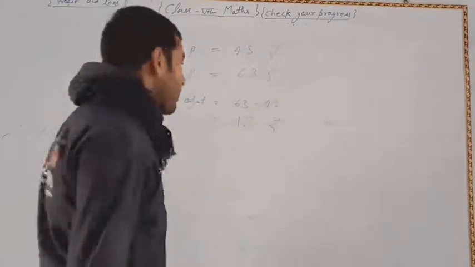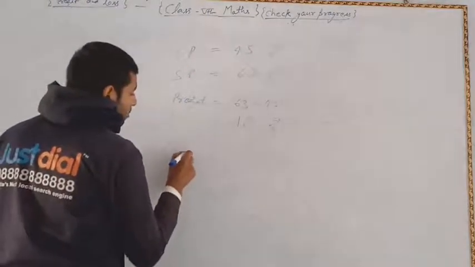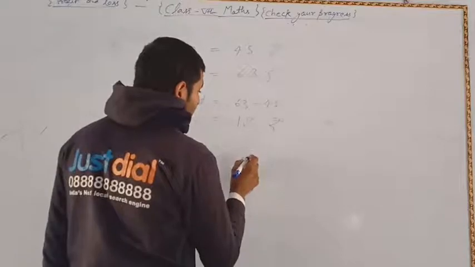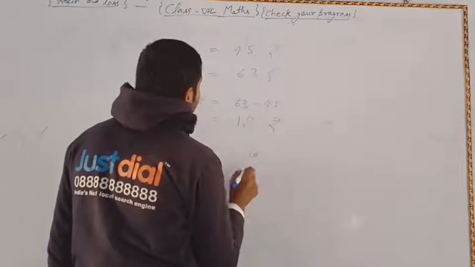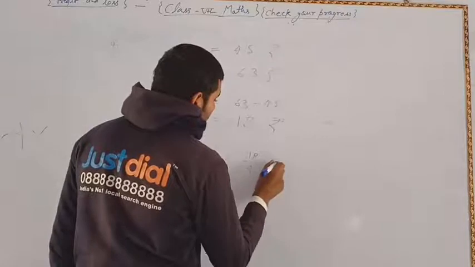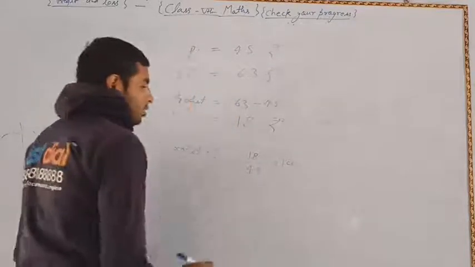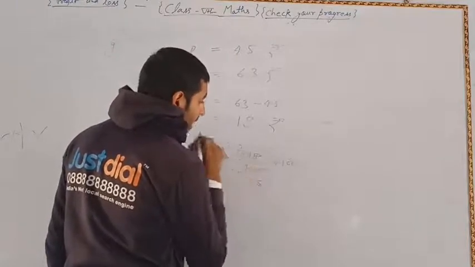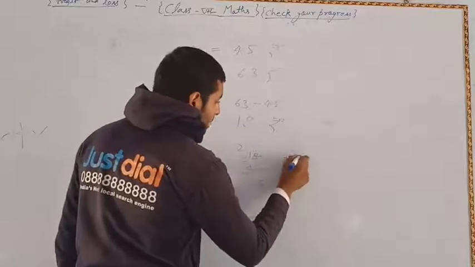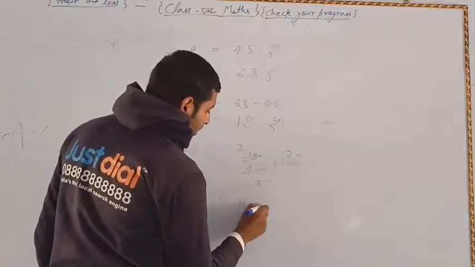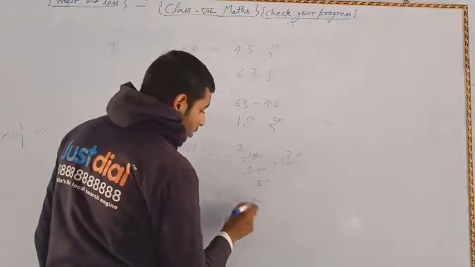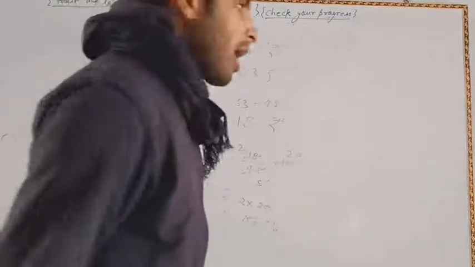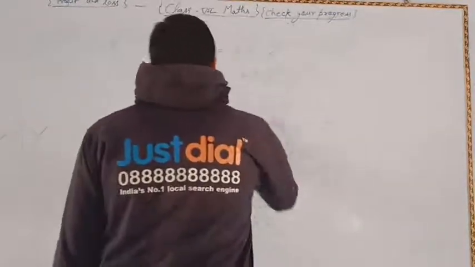Now we have to find our profit percent. Profit percent is equal to profit upon CP into 100. Then 18 upon CP 45 into 100. From here we know 9 5s are 45, 9 2s are 18, and 5 2s are 10, 5 0s are 0. Then 2 into 20, then 2 2s are 40. Then 40% profit. This is our answer. And now this exercise we finished.